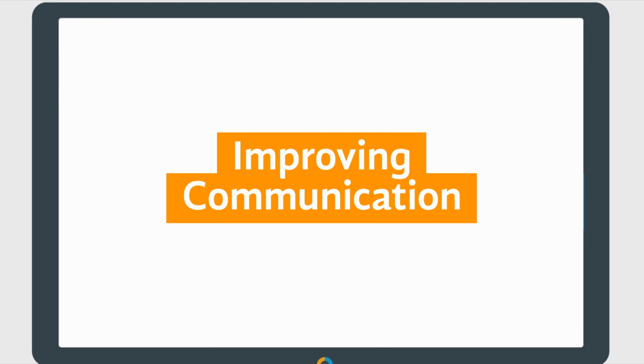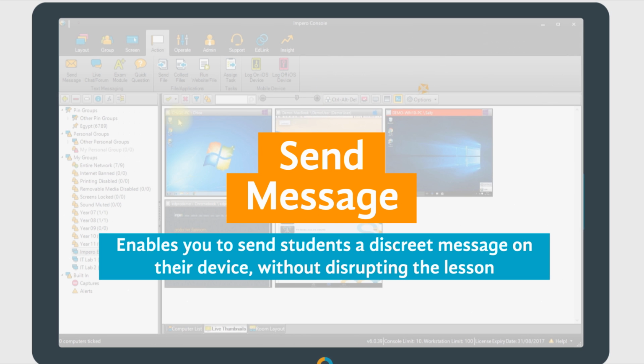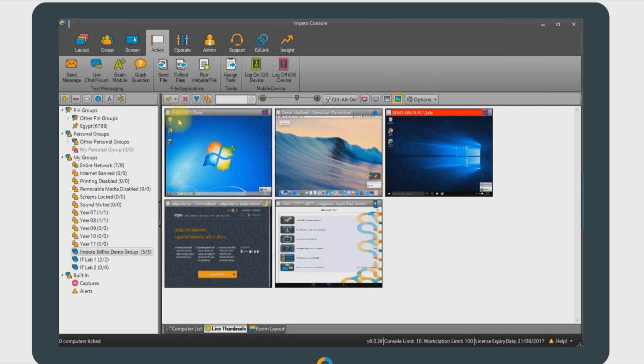Impero's classroom management tools help schools to improve communication in a number of ways. Firstly, it enables staff to send messages to individual users or to a group of users. This is useful, for example, if you see that a student is distracted in a lesson or appears to be struggling with a task at hand, and you want to send them a discreet message on their device without disrupting the lesson. To do this, you need to highlight the screen of the student in question